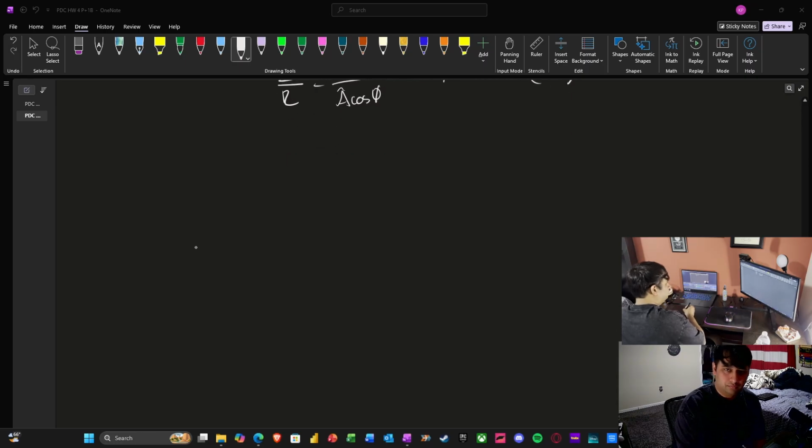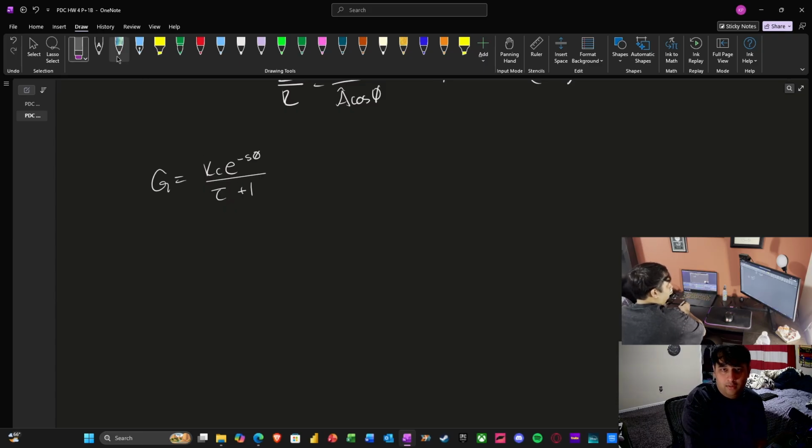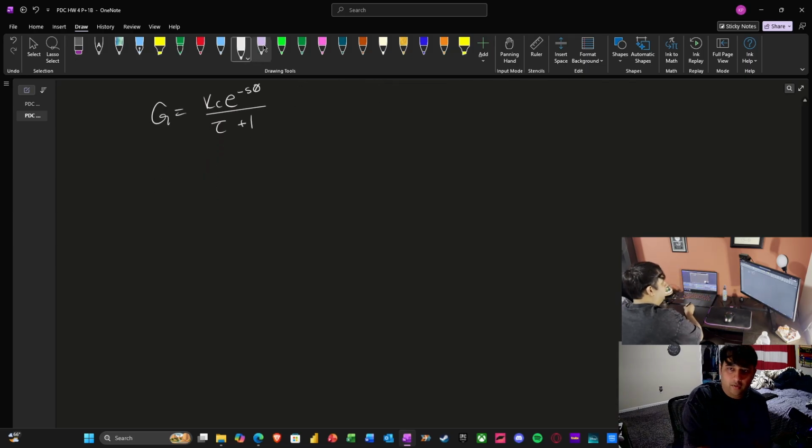So we're going to go ahead and restate our transfer function, where we get Kc times e to the negative s theta over, I believe, tau s plus 1. I could be wrong about the s. I'm going to get rid of that. I'm going to have to check that again, but we're going to go ahead and